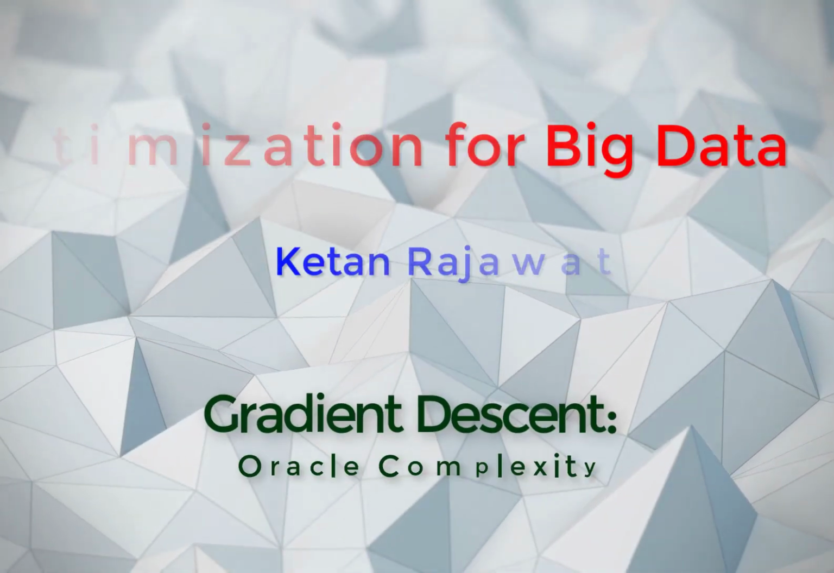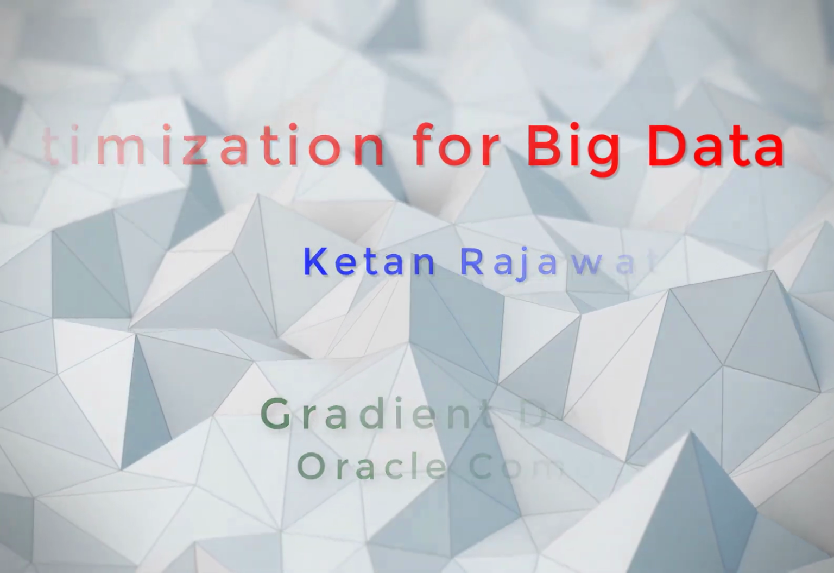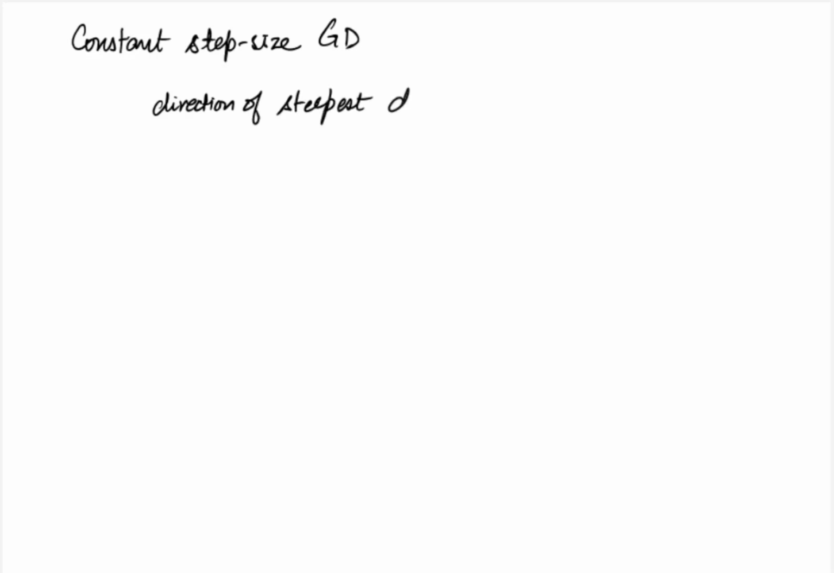Hello all, in this video we will see our first oracle complexity analysis of the classical gradient descent algorithm. For that purpose we will focus only on the constant step size gradient descent. Recall that the gradient descent algorithm takes a step in the direction of steepest descent, which is the negative gradient